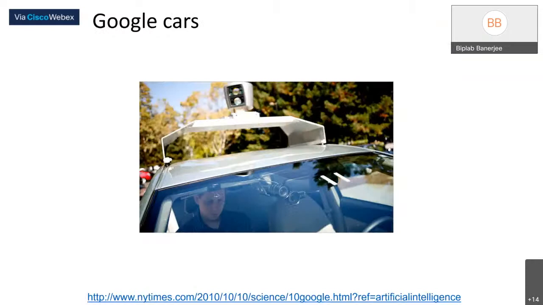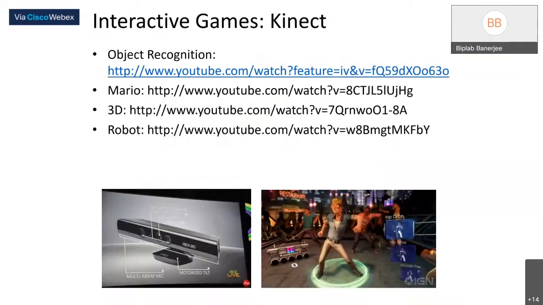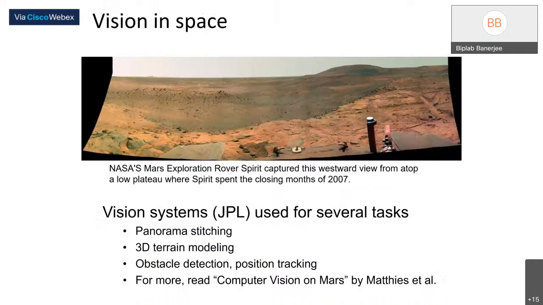Okay, so one of these applications is Google Car, and as you can see, the camera is mounted on the top. Fine. And of course, if you are used to gaming, then you might have heard about Kinect. So here it has a depth sensor, and it can do this activity recognition. Whatever you are doing in front of the camera, it can imitate that, and that is transferred to the character in the game. So these are some of the applications that are there on our day-to-day basis.